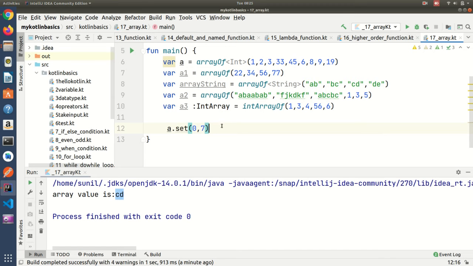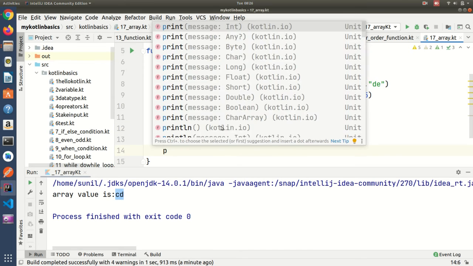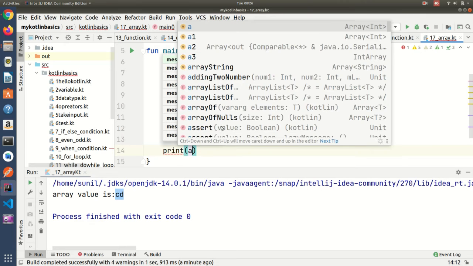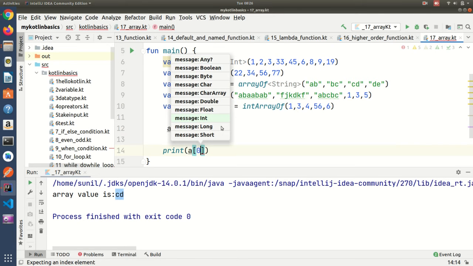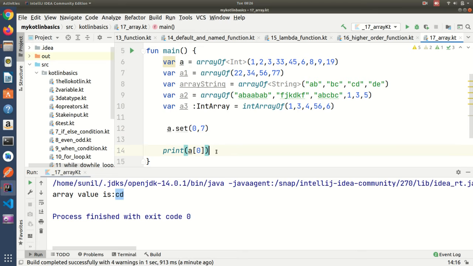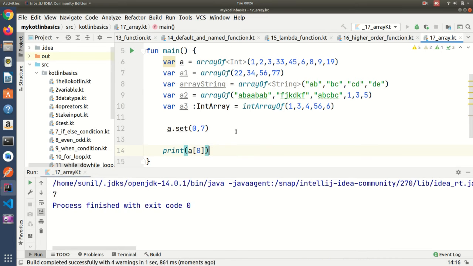And then I am going to print a of 0. So here it should print 7, right? Because here I had added 1 at 0, but again I am changing it here, setting 7 at 0. So let me run and check what output is coming. 7 is coming here, see.